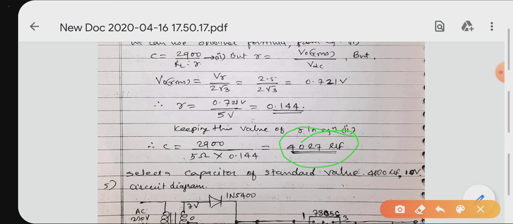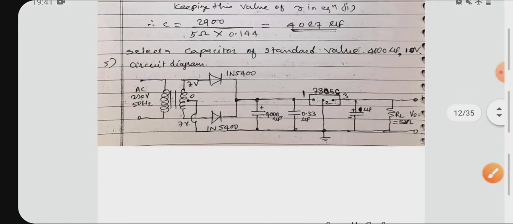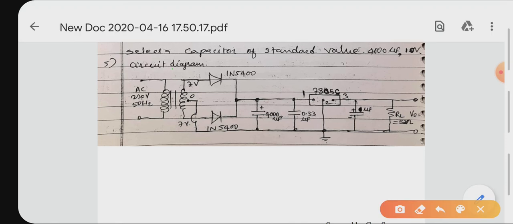Okay, and lastly, the circuit diagram, complete circuit diagram. What will it consist of? It will consist of transformer, rectifier with center tap transformer, its ratings, diode number, then filter capacitor, and this is the IC regulator, IC 7805C. Pin number 1 input, 2 ground, 3 output. There are two capacitors, at the input side having fixed value 0.33 microfarad and 1 microfarad at the output side having fixed values.